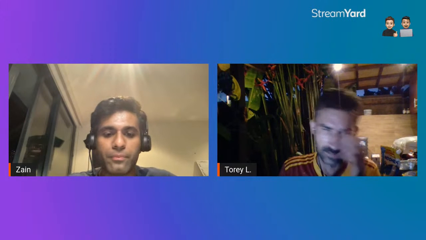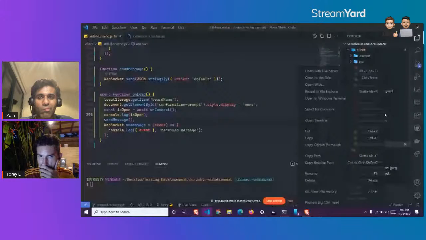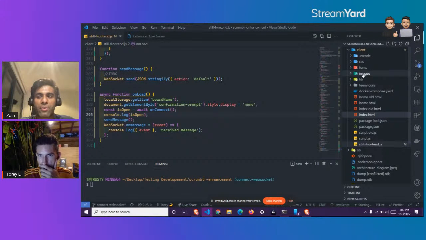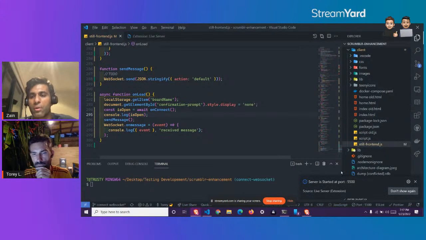Live server, I will open it with that. Do you want to share your screen? Oh right, my bad. Let me close this too. Which HTML file do I open? Index.html? Home. Oh, it's home. Because if you try doing that in that way, it's not gonna work.